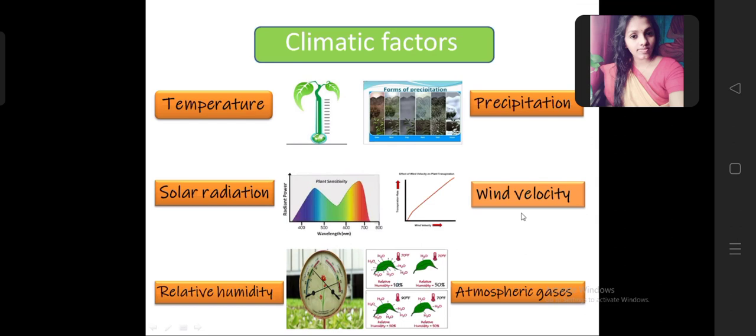Otherwise, the saturation of the water content present in the air will be removed by the wind, and the optimal wind condition should be about 4 to 6 kilometers per hour. If in an area the wind velocity is much more than this, we have to use a windbreak. You can also use shelter belts. If you use all these things, we'll get protection up to 5 to 25 times the height of the plant.